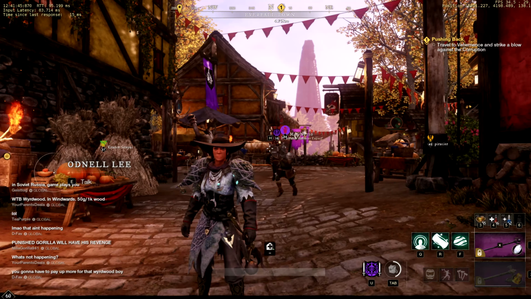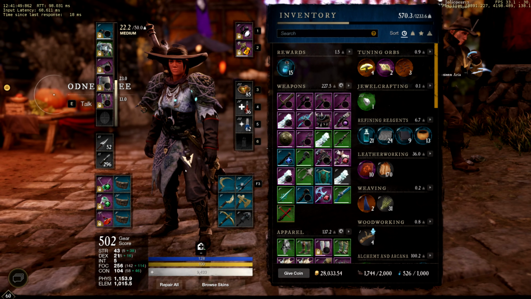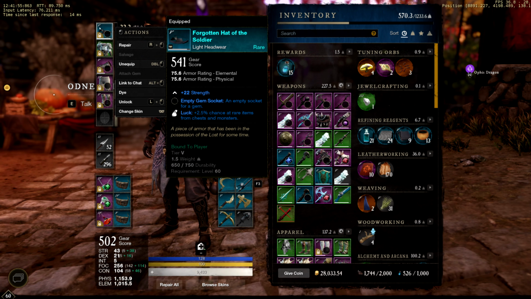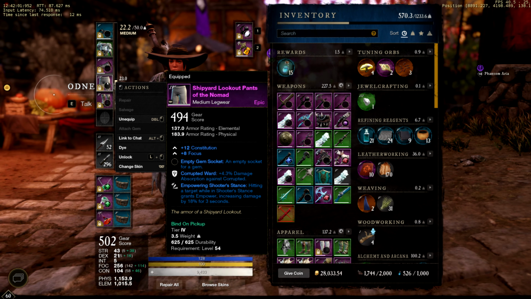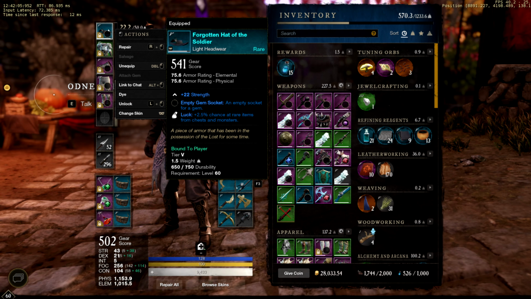Now, like I said earlier, my gear isn't where exactly I want it to be yet, so that could change some of my attribute points and where I put them going forward. But I'm sitting at a 502 gear score, which is actually pretty low, because I haven't found some gear pieces that I'm really content with. But you know, we got 541,